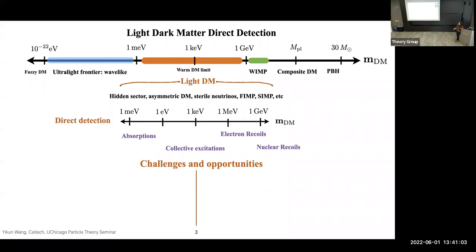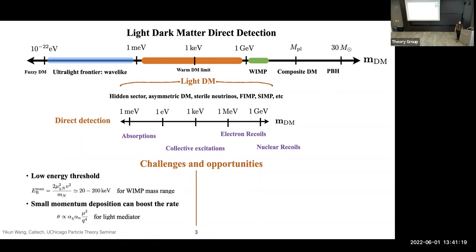However, the challenge is already there once we go below the WIMP landmark. The most traditional way to search for dark matter in the WIMP regime is nuclear recoil. However, once you go beyond the GeV landmark, nuclear recoil becomes immediately difficult. The first problem you bump into is the so-called kinematic matching or energy threshold problem. So here is the maximum energy deposition you can get from a dark matter scattering in a nuclear recoil experiment, and it's controlled by the reduced mass of the dark matter-nucleon system. As you can see, once the dark matter drops below the nucleon mass, this energy deposition quickly dies down,